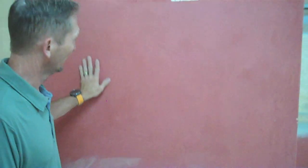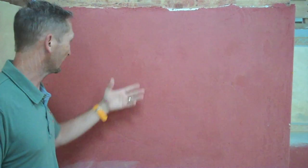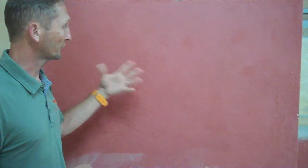Alright, so here we have an area that has a lot of light cracking to it, and you can develop these kinds of cracks from two aspects. One is putting on the material too thick, or using too much water and overworking it while you're applying it the first time. So what we're going to do is evenly wet the surface slowly so that